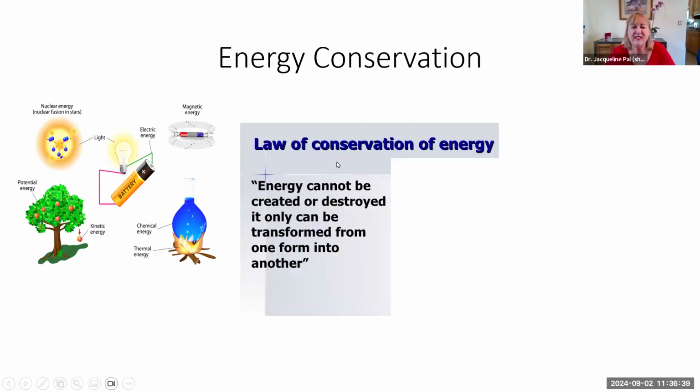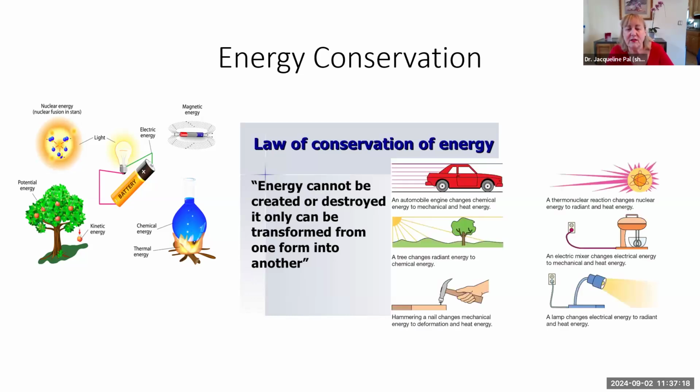So there's this law of conservation of energy, which basically says we cannot create energy. Here on Earth, we can't make energy and we can't destroy it either. All we can do is transform it from one form into another form. We already talked previously about transforming between kinetic energy and potential energy. And so we can transform it, say, from nuclear potential energy into kinetic energy. We can transfer all kinds of things.